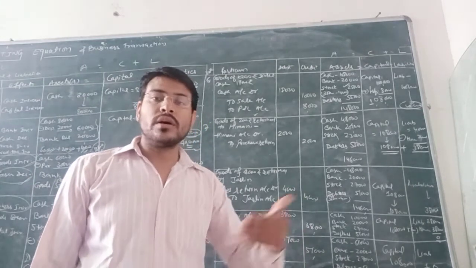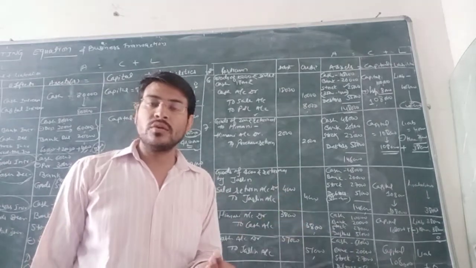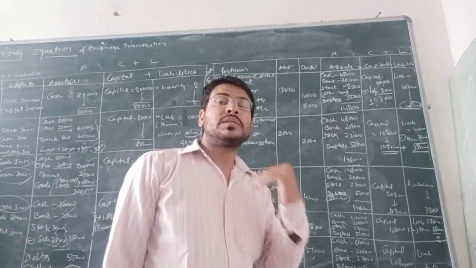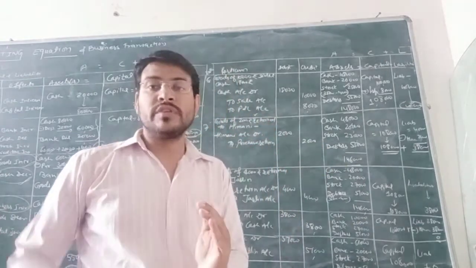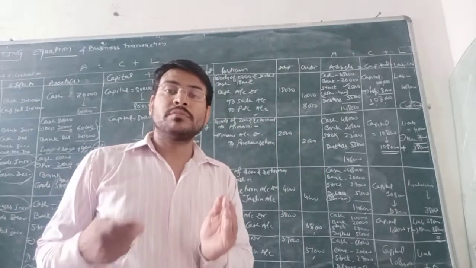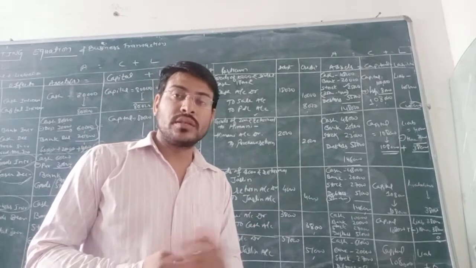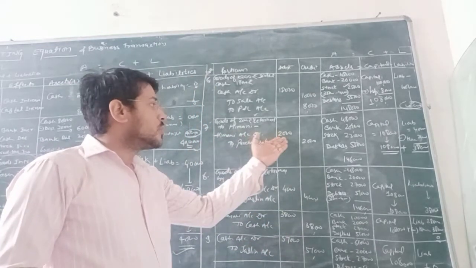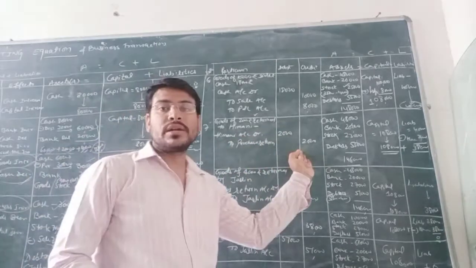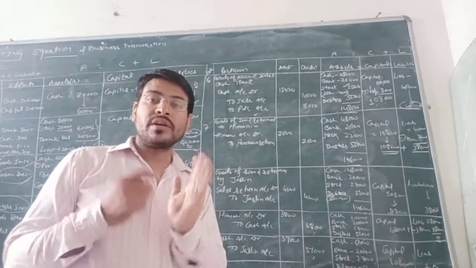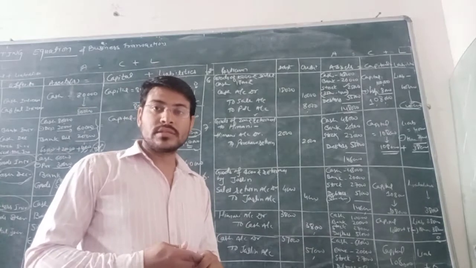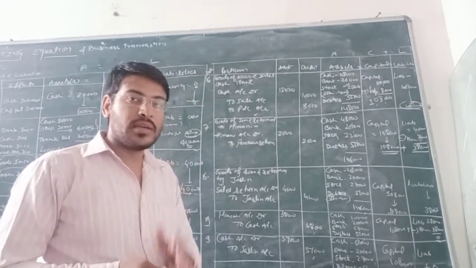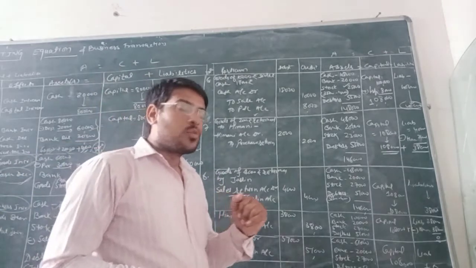Now, due to some problem we are returning goods to her, which means we are doing the purchase return. The purchased goods we are returning back, that is the purchase return of the goods to Himani. So Himani is the receiver: Himani account is debited 2,000 rupees, and purchase return account is credited 2,000 rupees. Now when we return the goods, our goods will decrease as we return them to Himani. Himani is our creditor, a liability.